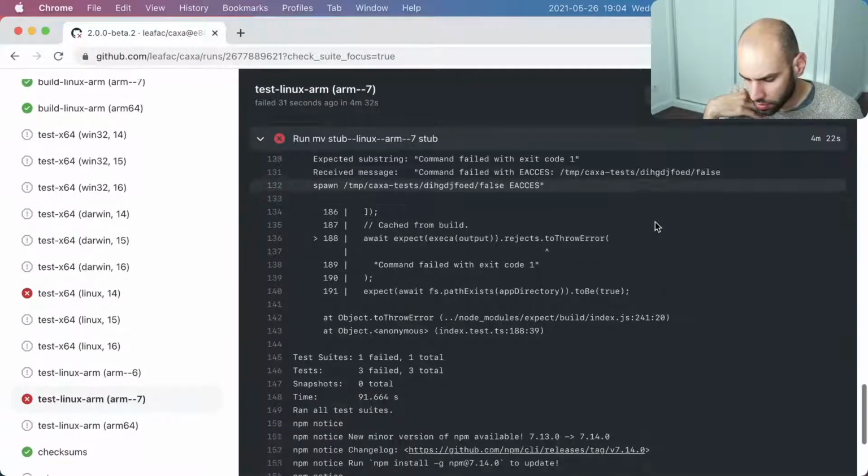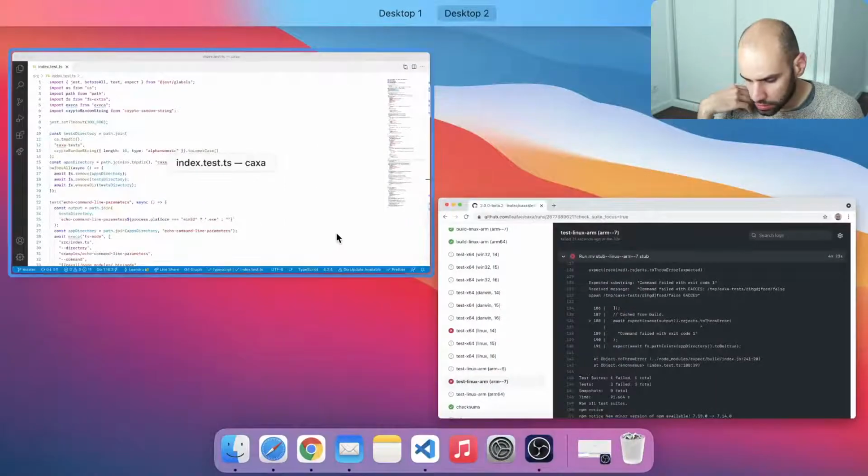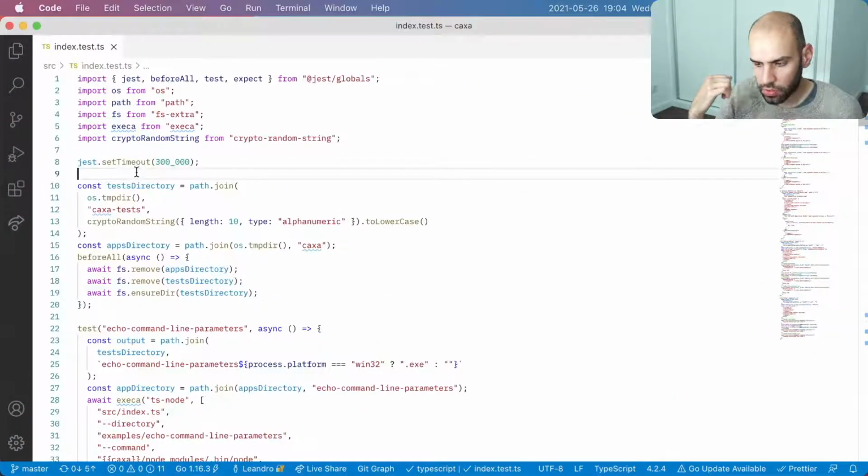Yeah, and then there are all these same issues of access. I don't know exactly what's going on there. We can try to debug this, but it's hard because we don't have access to GitHub Actions in the middle of the run, and we cannot debug there. I guess we can try to run in a Docker container on my machine, and maybe that will cause the issue to happen.